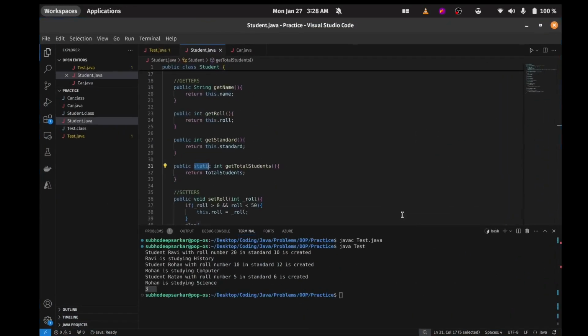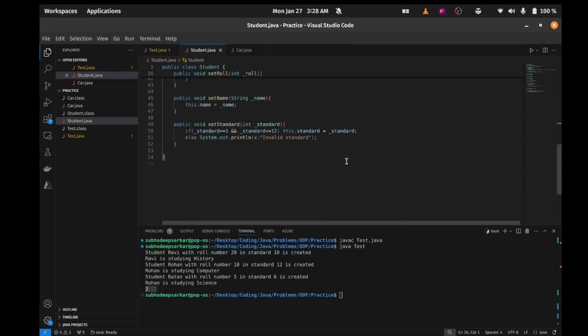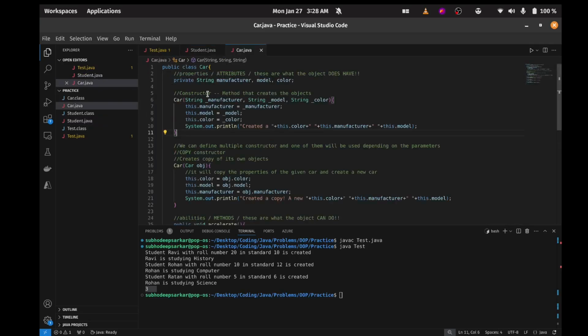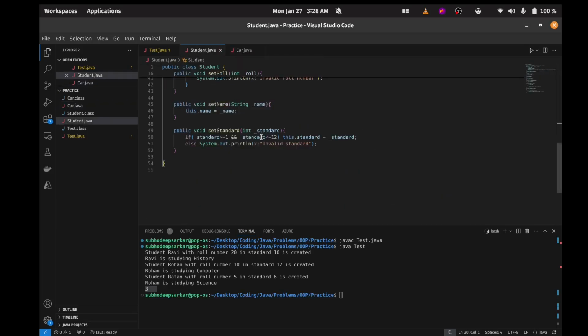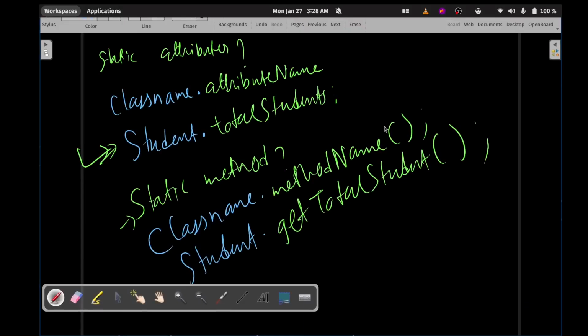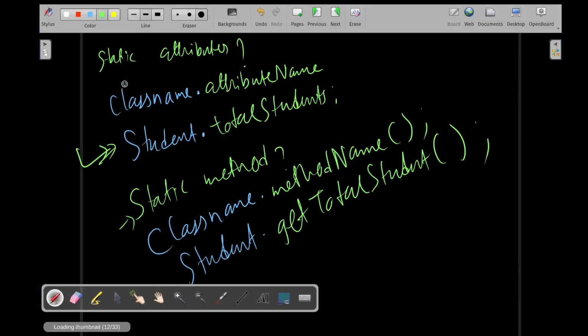Okay, we are very close to it. We are done with getters and setters, static and non-static, everything. Now in the car you can test something out. You can make it public, private, whatever. Let's keep it public for the moment, and you can play around with it. By the way, let's take the example of the math library. If you have worked with it, every method in the math library is a static method because it is not associated with the object. For example, if you have ever used the math library in Java,